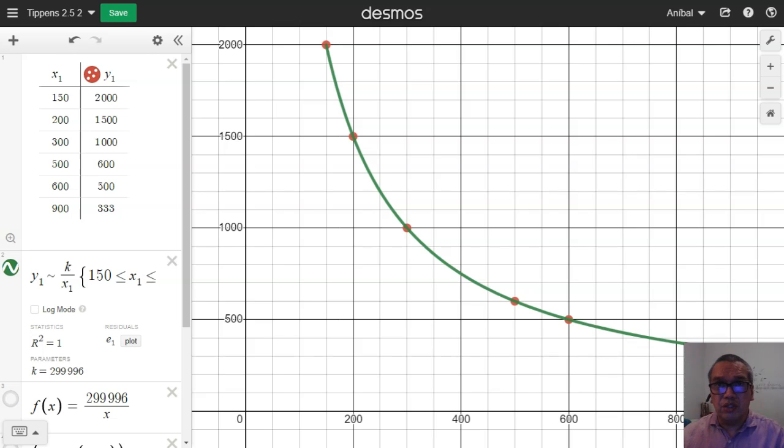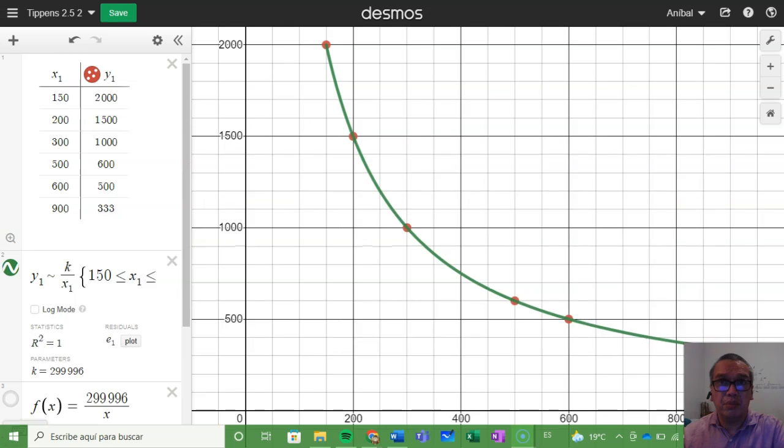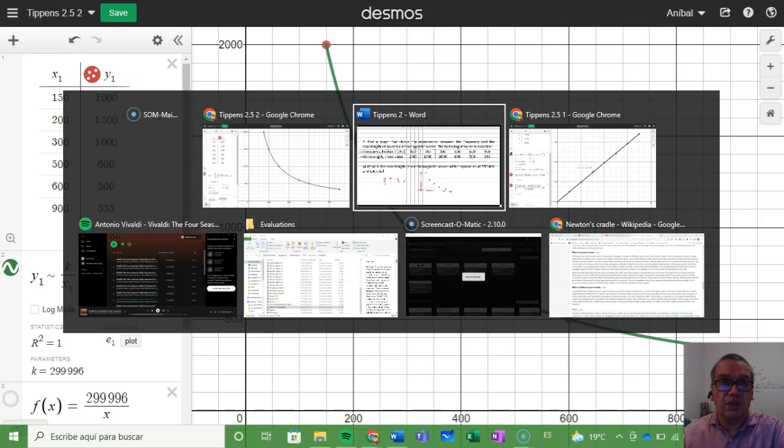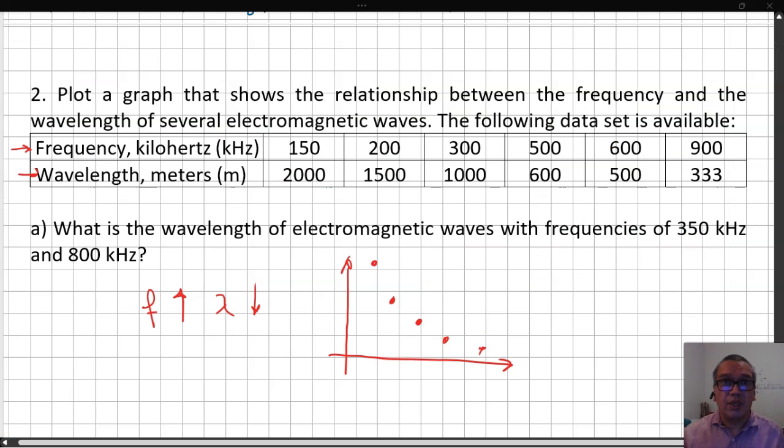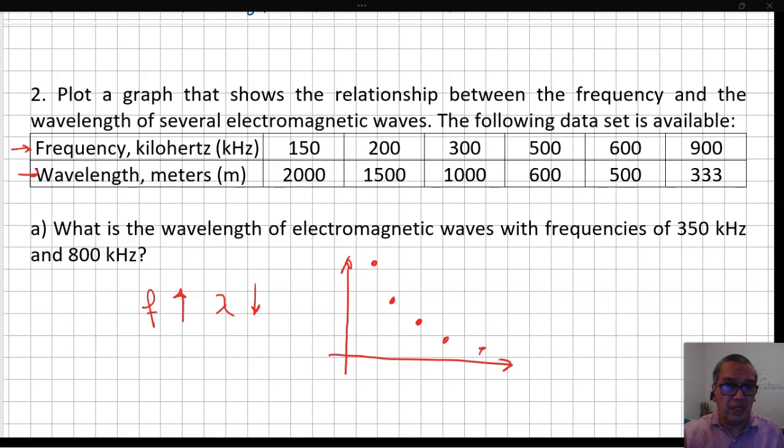This sort of relationship is called an inverse relationship, or inverse proportionality. We can say that the wavelength is inversely proportional to the frequency. We write it like this: wavelength is inversely proportional to the frequency